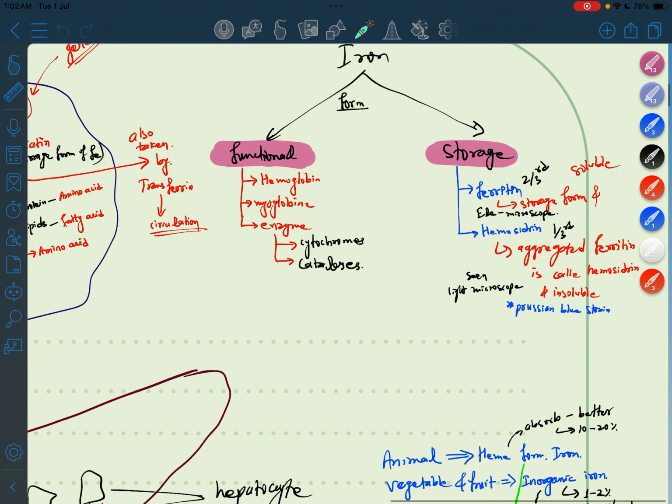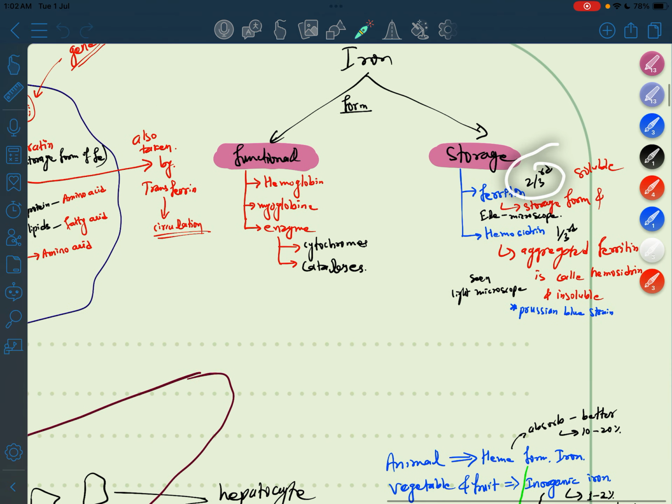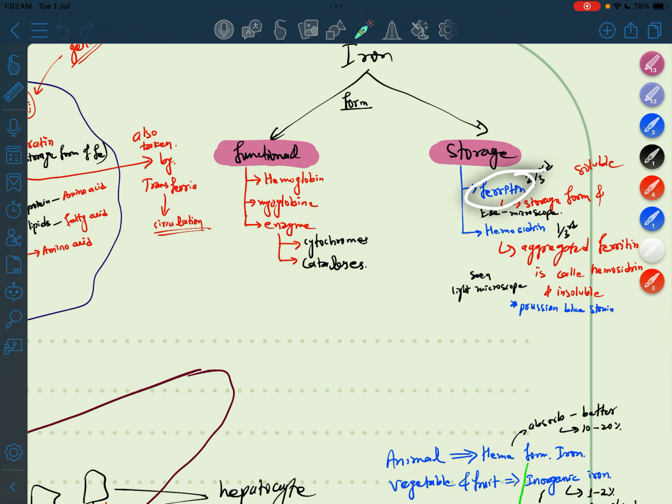For the storage form, there is ferritin. Two-thirds of the iron is stored in the ferritin form, and this is a storage form. It is a soluble form. Another form is hemosiderin. Hemosiderin is one third, composed of aggregated ferritin. It is an insoluble form. In light microscopy it is seen with the fluorescent blue stain, and in electron microscopy only